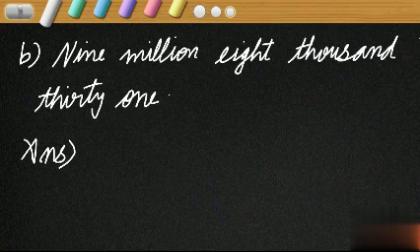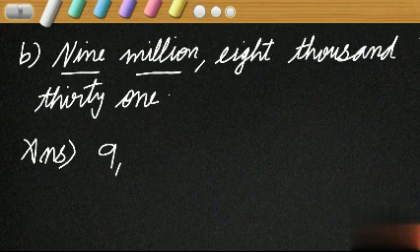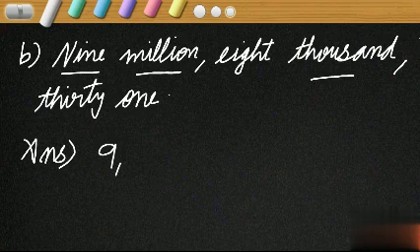Okay, clearly, what is the number in the millions period? After million, we have to put one comma. Here we have 9. 9 is in the millions period. That we know. Please don't write now, just listen. After the millions period, we have which period in the international system? We have our thousands period. Then we have to put one comma. And 8 is the number in the thousands period.